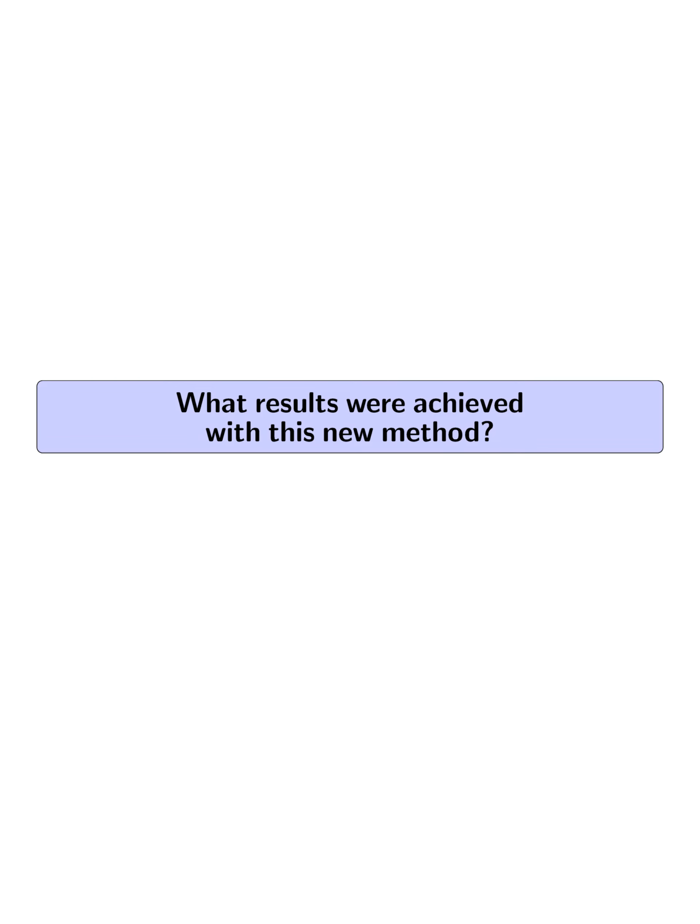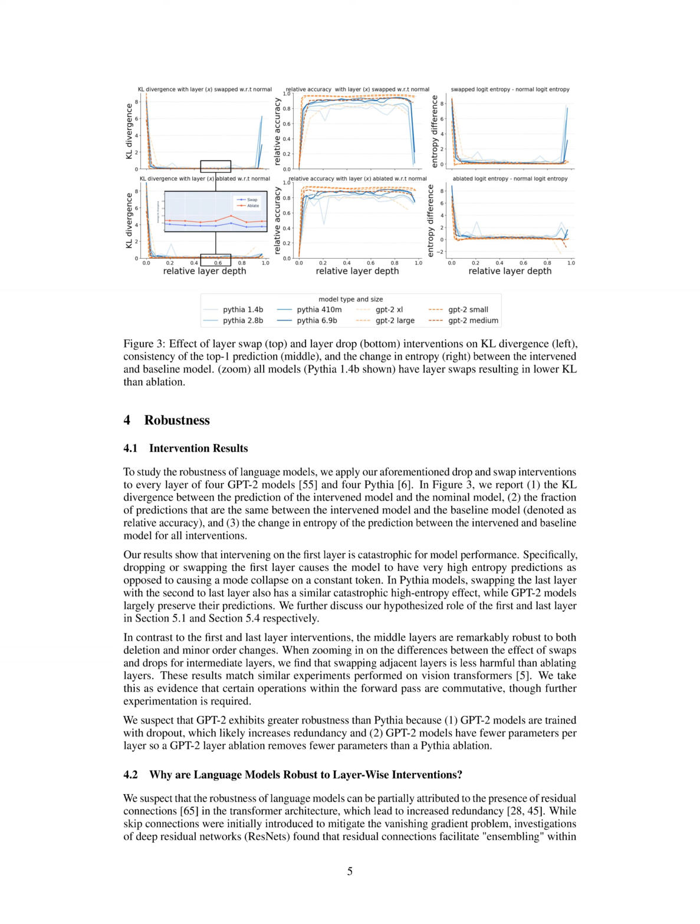What results were achieved with this new method? The new method achieved results that demonstrated the robustness of language models to layer-wise interventions. Specifically, the study applied drop and swap interventions to every layer of GPT-2 and Pythia models, revealing that intervening on the first layer had catastrophic effects on model performance, causing high entropy predictions. Swapping adjacent layers was found to be less harmful than ablating layers, indicating that certain operations within the forward pass